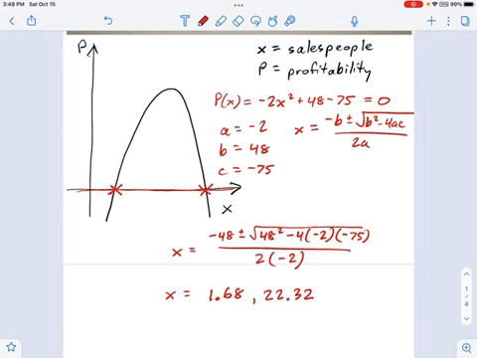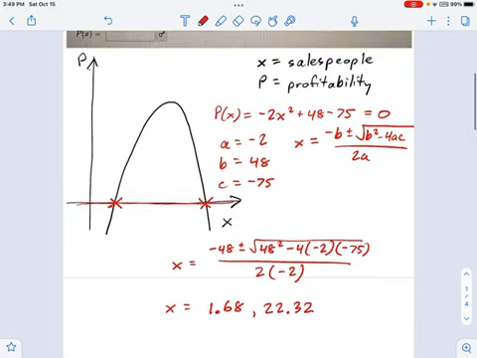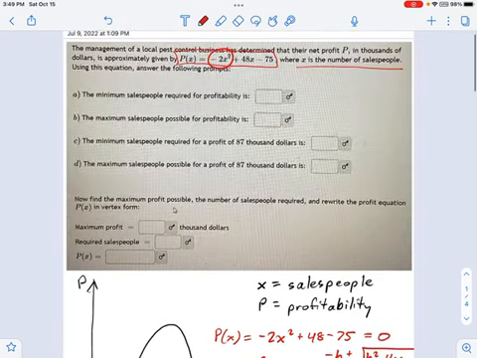Now, the question is, how many employees does it take to hit profitability? You can't hire 1.6, well, I guess you could if you hired a part-time employee, but I'm asking whole numbers here. As a whole number of employees, you see this has to be 2 employees for minimum number right here, and the maximum number of employees you can sustain is 22, because once you go over 22, your profitability dips down below 0 again. So that's how you go about this problem.